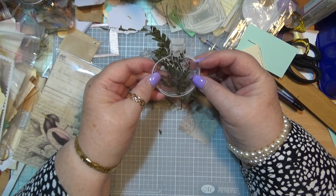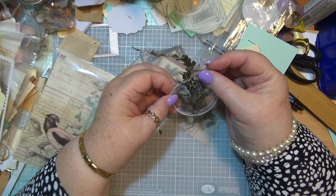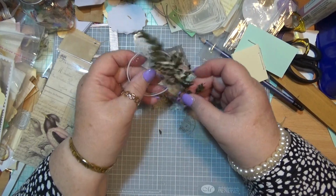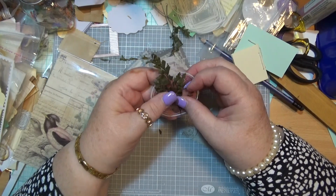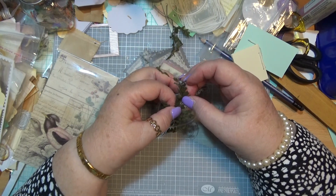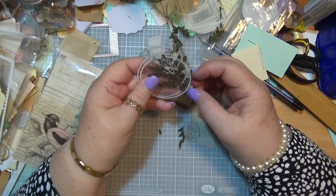You cut off the bits. I wonder if it'll glue. That's an issue, if it's going to do any gluing. Okay, so I'm going to take that off there. Right. Put that in there. Cut that off there. I'm going to have to cut off some